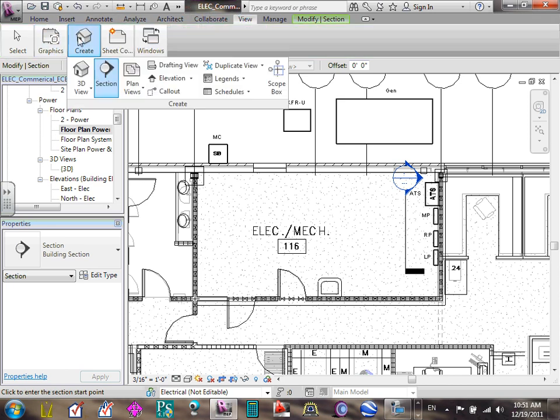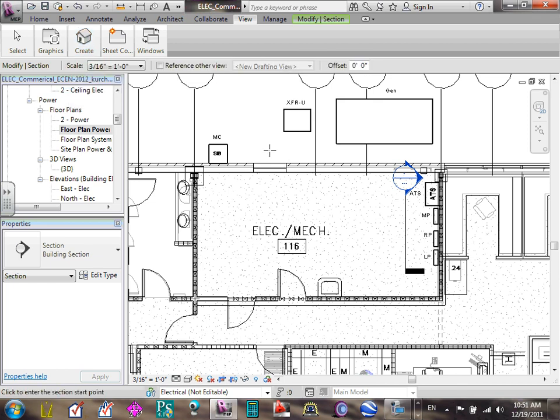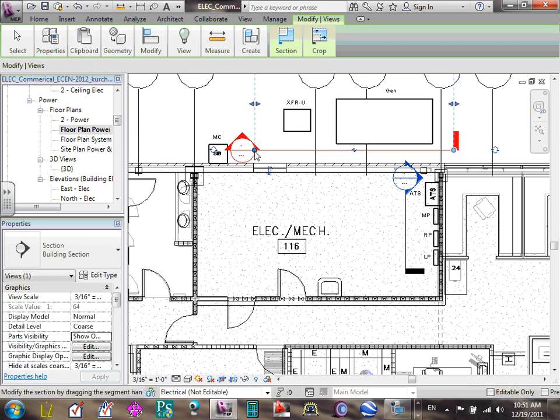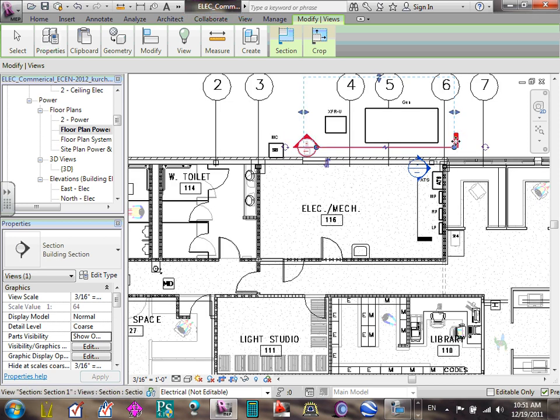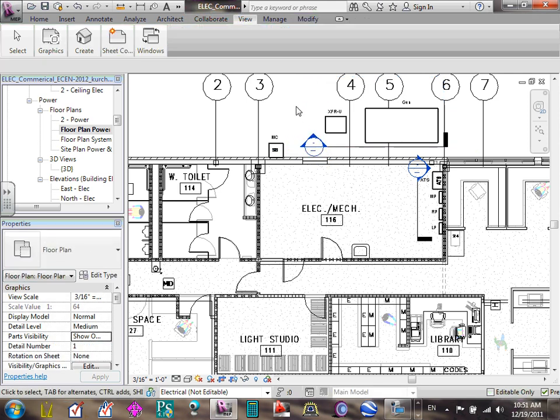View. Let's go back to view. View, create section. I'm going to create the section right here. Anybody know why I'm going to create it right here? Now, I don't know if this is the face of the generator or not. If it's not the face of the generator, what do you do? You go on the other side. You drag this one, pull in the other side. Let's just do it this way because I want to capture the outside part of the riser. Okay? So I'm going to drag it here. Perfect, Chad. That's good for me. Okay, everybody got a section in front of